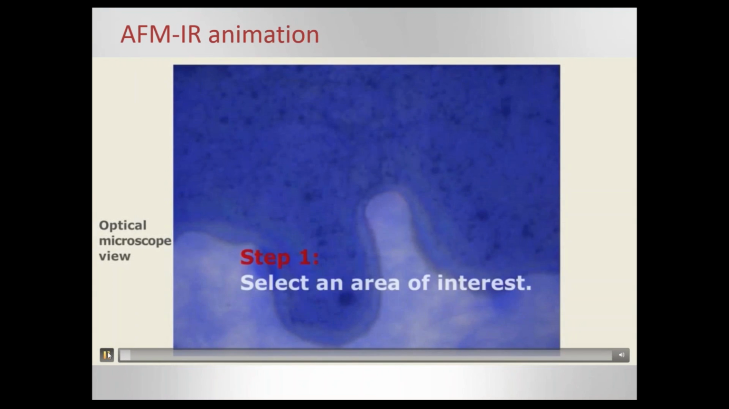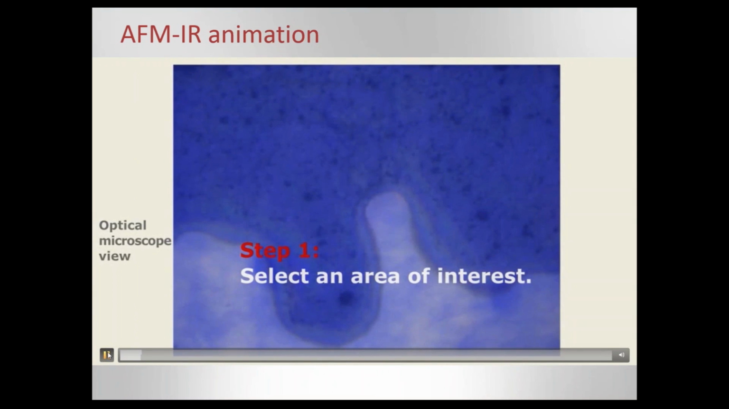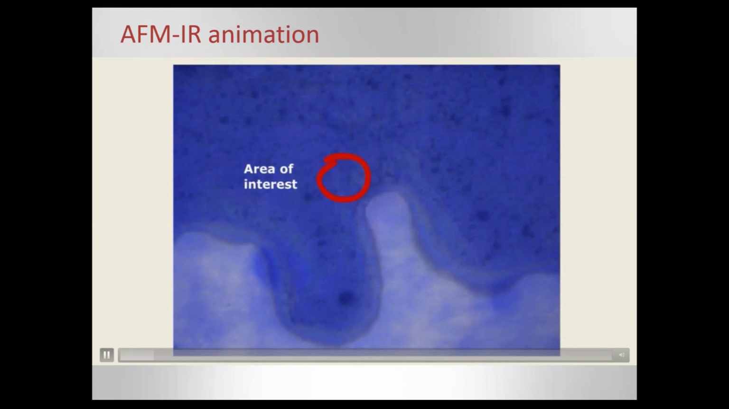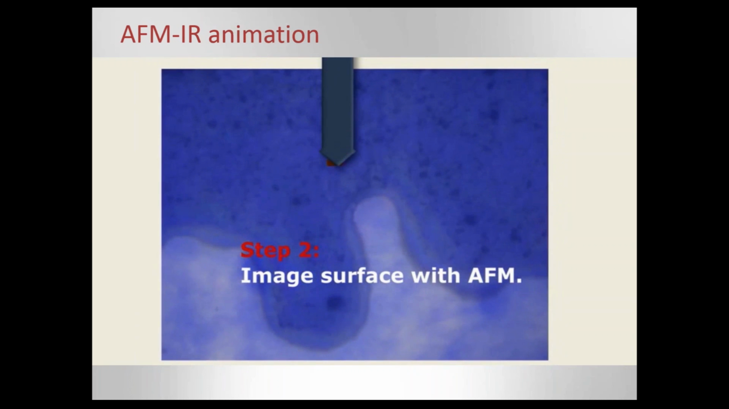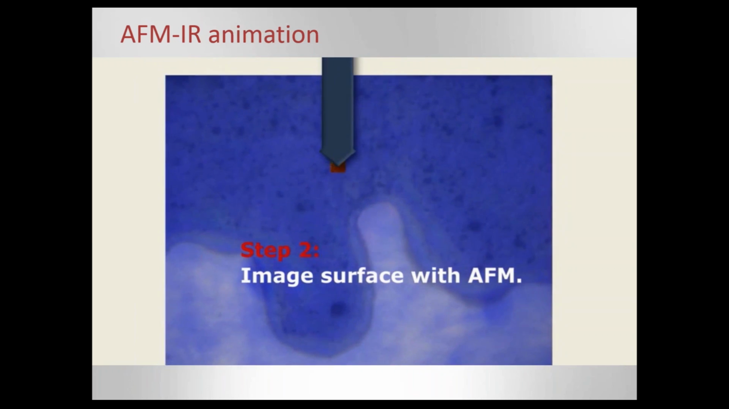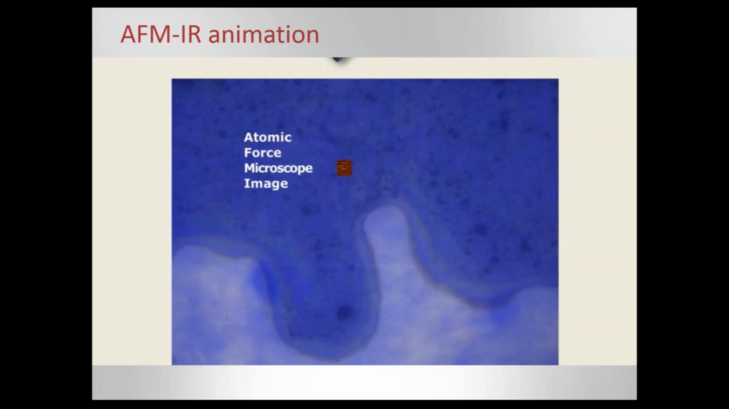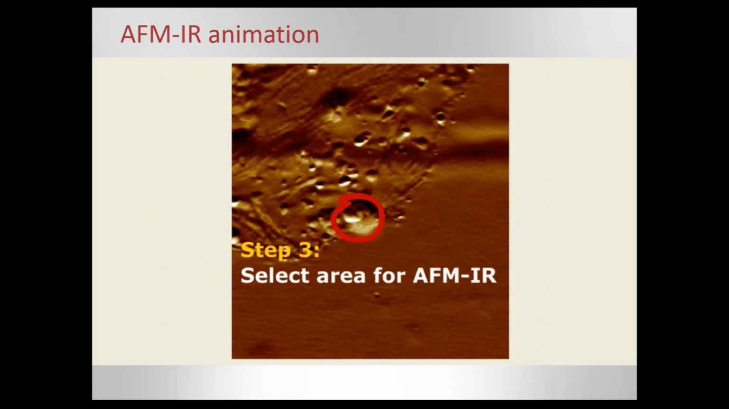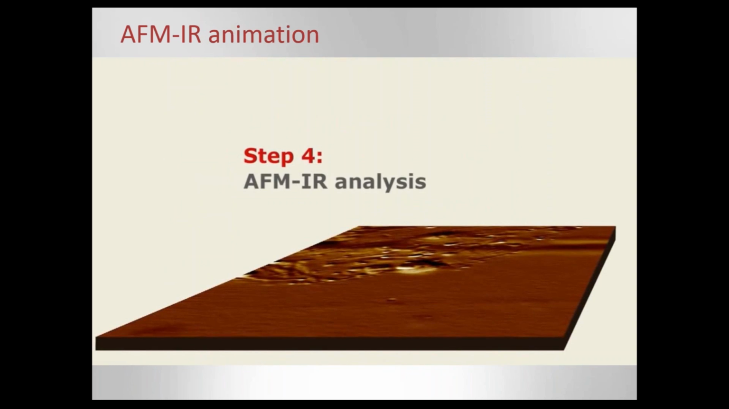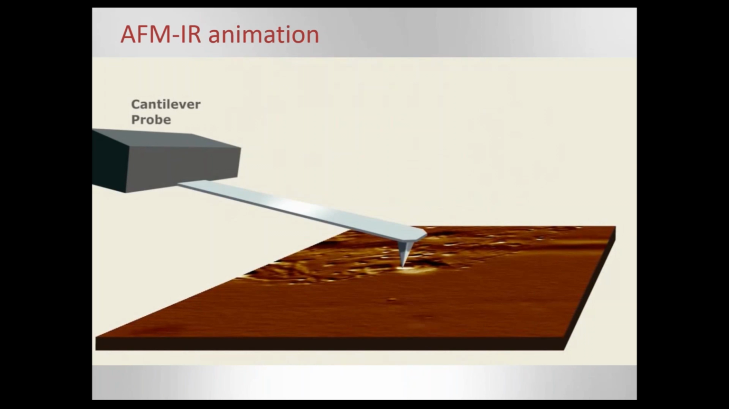So we're going to go through and show an AFM-IR animation. Essentially the system has an optical microscope incorporated into it, and we can use the optical microscope to select some location to bring the AFM probe down on, and then image the surface of the sample with the AFM. Within that image, we can then select a location by clicking on the location, which will drive the AFM probe there. And then what we do is pulse the infrared source, and this induces the resonant oscillation of the AFM